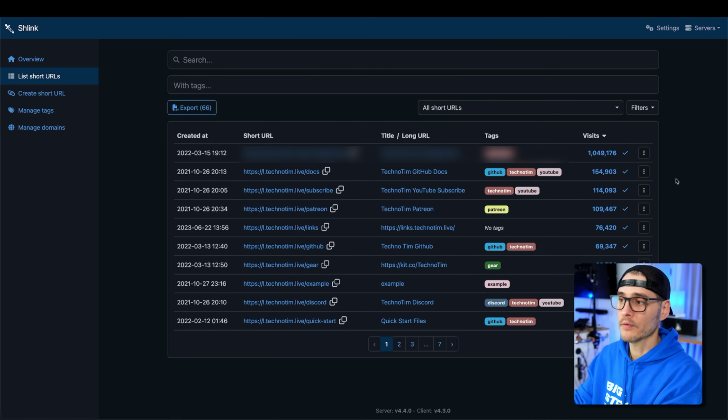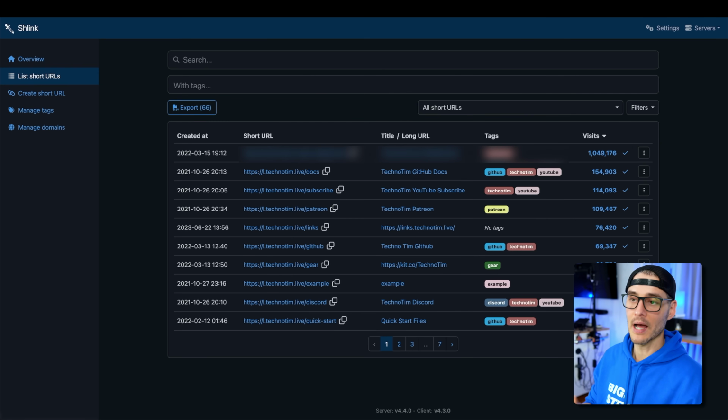For a link shortener, I still use Shlink. Now, Shlink is open source, self-hostable, and I can create a whole bunch of URLs and then shorten them with my custom domain. If you don't know what I'm talking about, think Bitly, but self-hosted, open source, and hosted within my infrastructure. You can create as many links as you want and send them wherever you want, and you also get some counts and metrics about those links.